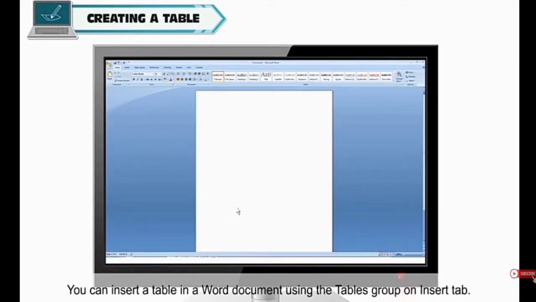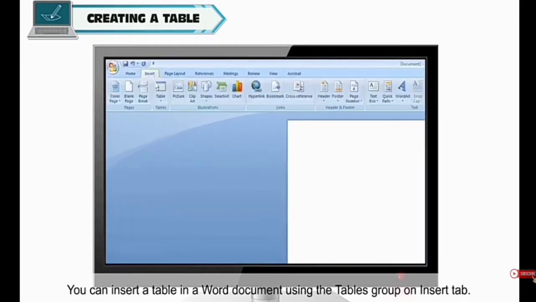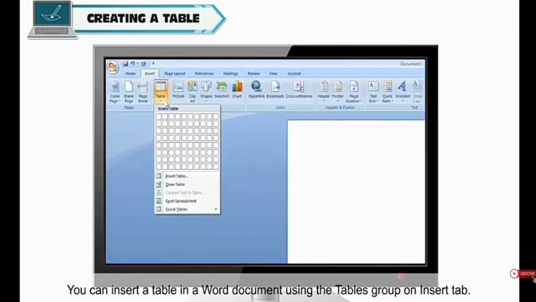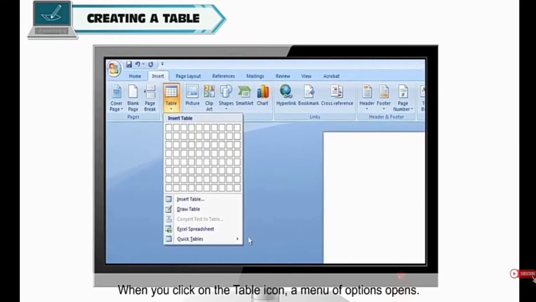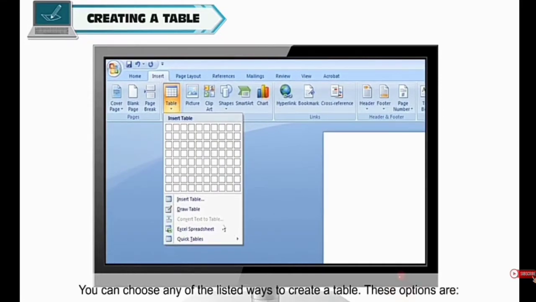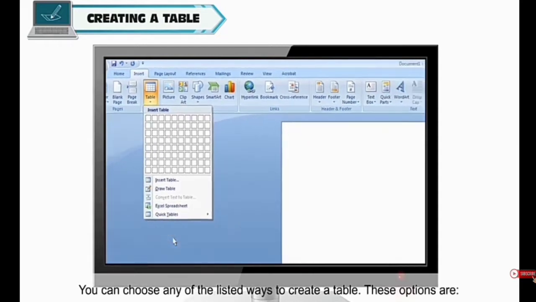Creating a table. You can insert a table in a Word document using the Table group on the Insert tab. When you click on the table icon, a menu of options opens. You can choose any of the listed ways to create a table. These options are